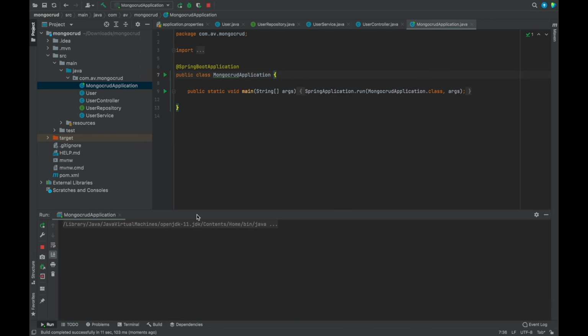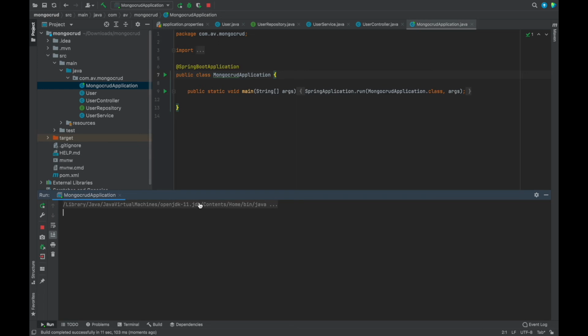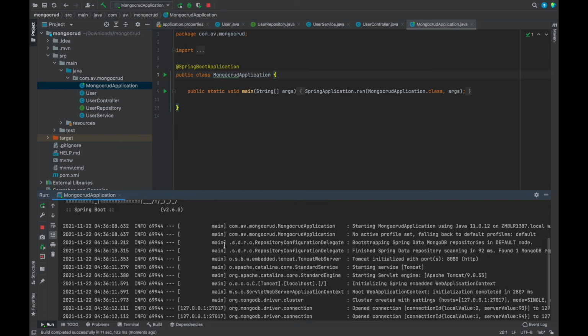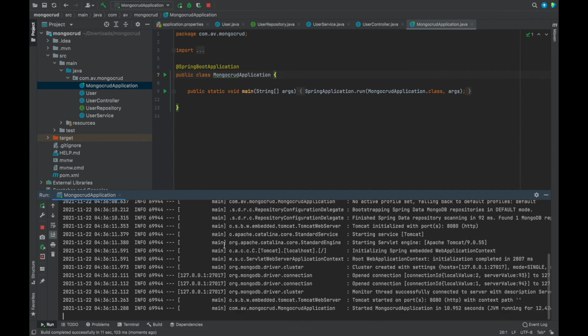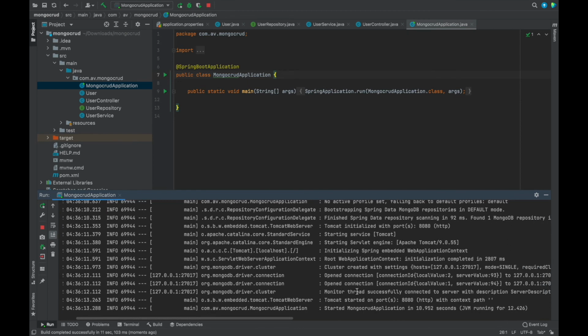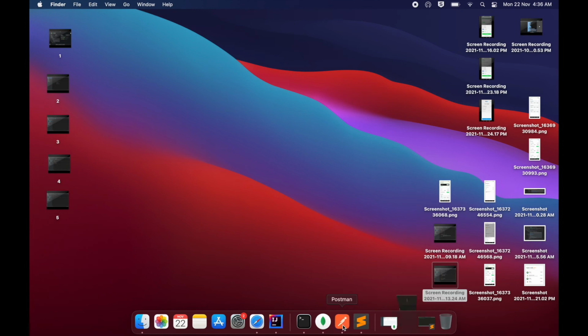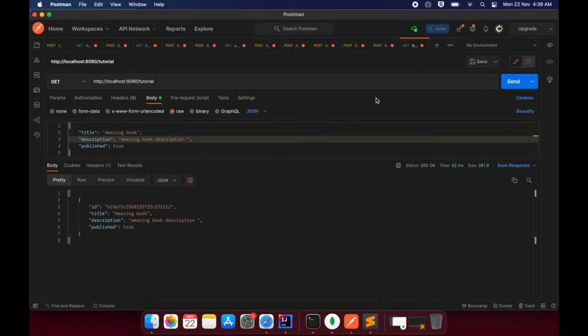So the build was successful. It is now being deployed. So our application has started. As you can see, it has started on port 8080. So it will go to Postman, and here our endpoint is now users,